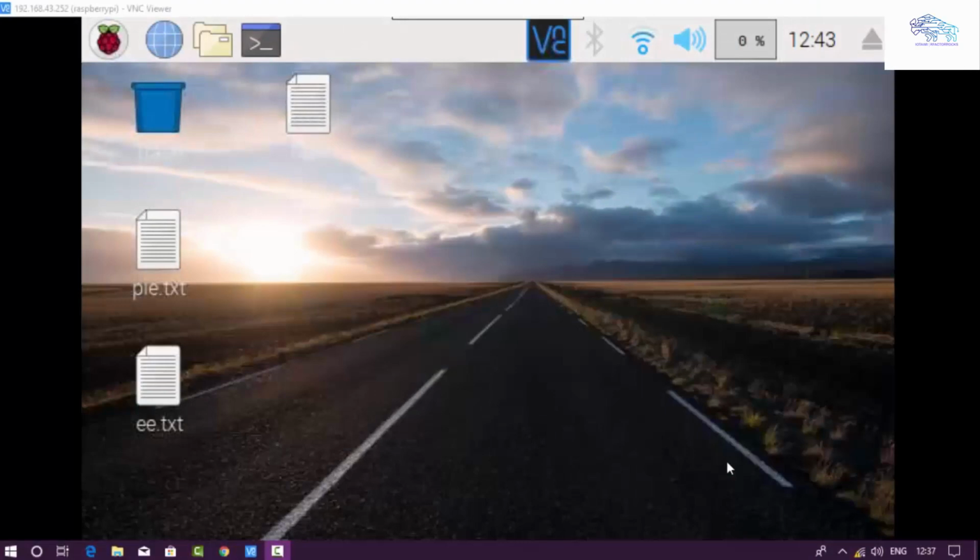Hello friend, this video tutorial is all about the installation of an RTC module on our Raspberry Pi. To connect to our Raspberry Pi, I am using the VNC viewer, and I've already shared how you can connect through VNC viewer in my previous tutorial. The wiring diagram of the RTC module with Raspberry Pi will be shared as an image in the description below, or you can see it on the screen also.